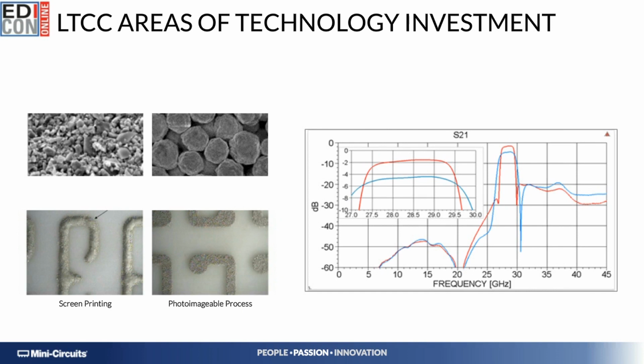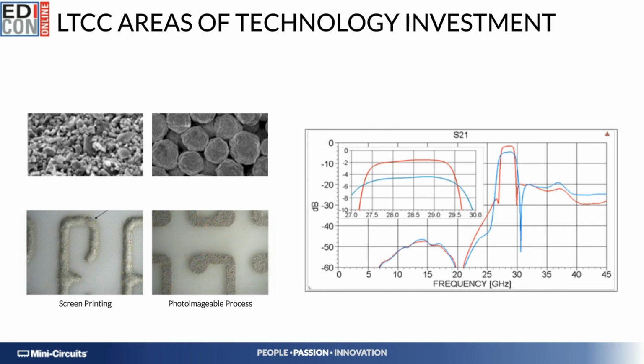The new powders present a much refined, isomorphic, uniform, granular structure, effectively smoothing the surfaces over which the metal traces are being laid out. This results in very noticeable insertion loss reductions, especially on narrow bandpass filters, or narrow bandwidths, to be more specific. On the other hand, a photoimaginable screen printing process delivers much smoother conductor traces, fine-line definitions,